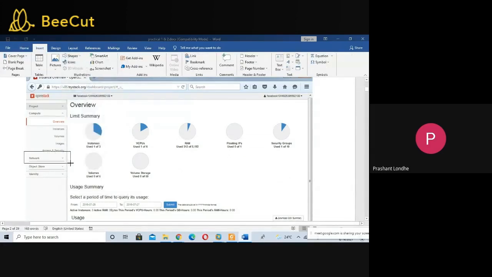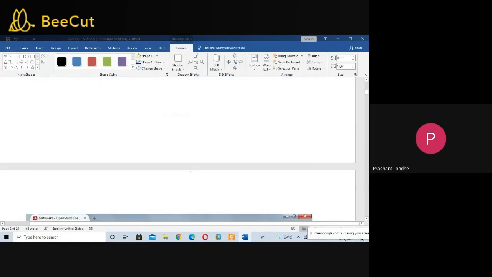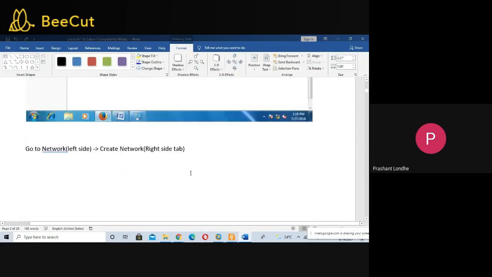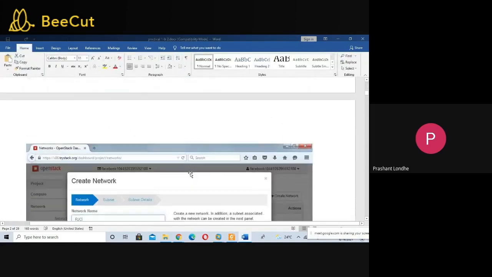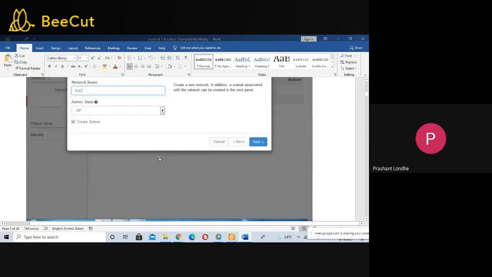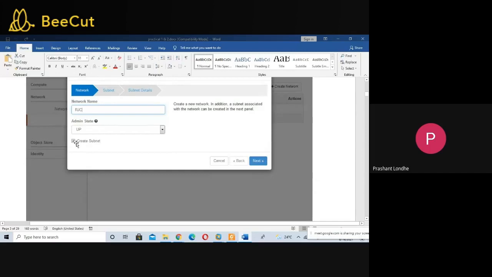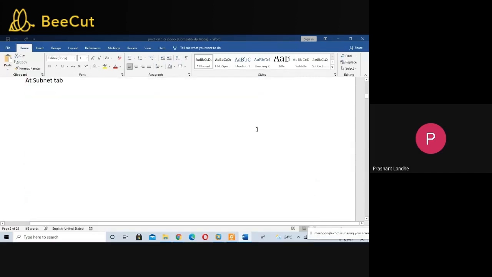You can use that network tab, and then you will get an interface like that. You need to set the network name. Any network name will do. Then the admin state. Then you need to select create subnet, and select the next option.